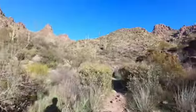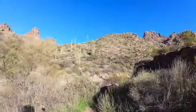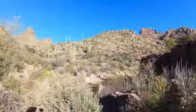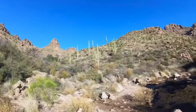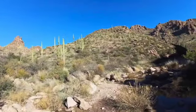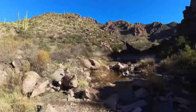All right, we're approaching 1.5 miles in. We've been out here for 35 minutes. So, you come to this washout area down here, and there's going to be a lot of things around here to kind of watch for. When you get to the bottom,